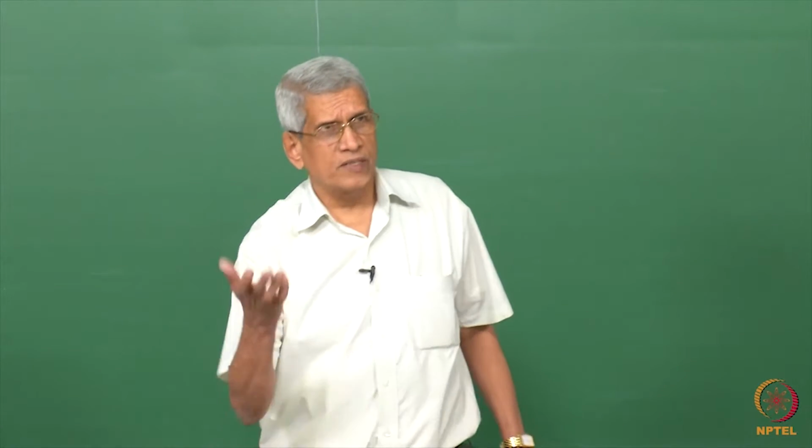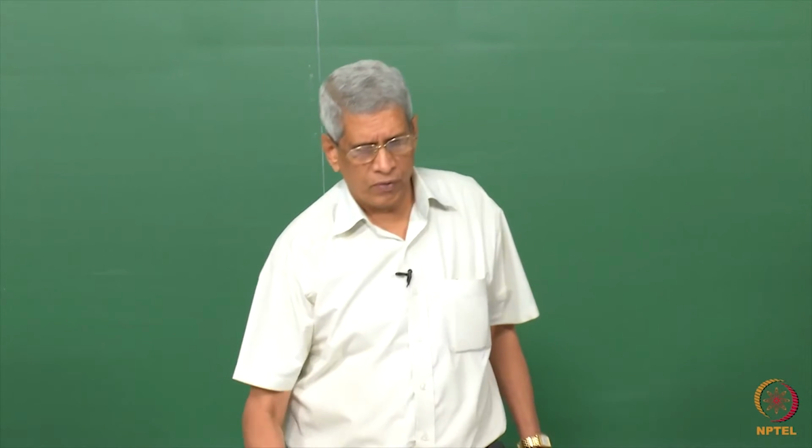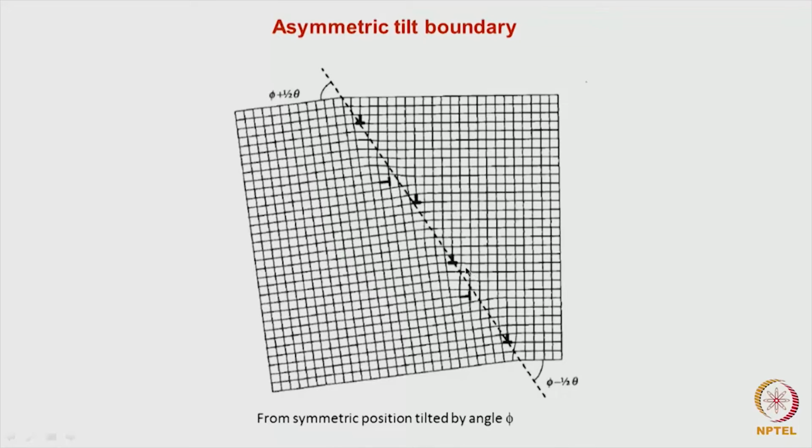So far we have considered a symmetric boundary. Now let us look at this. If all the dislocations have the same type of Burgers vector, we get the symmetric tilt boundary. If a dislocation with a different type of Burgers vector, oriented with respect to this, is present, it is again a small angle tilt boundary, but this is called an asymmetric tilt boundary,